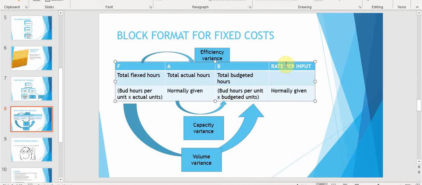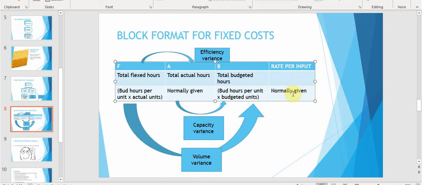So again, right now, this will seem very unfamiliar to you, but I have an example and then you will understand clearly. I have put the formula for each type of hour in the block as well. So to calculate flexed hours, we're going to say the budgeted hours for a unit times the actual units. The actual hours are normally given in the question. The total budgeted hours are the budgeted hours per unit times the budgeted units, and then the rate per input